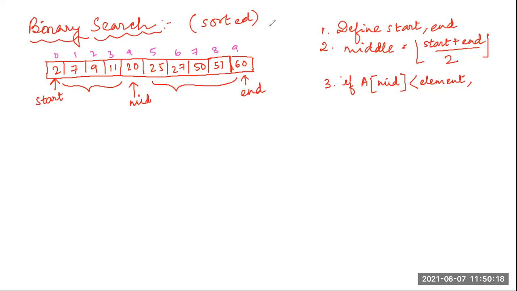So each and every time my searching is halved. Halved means half of the elements I do not have to look for in my searching process. Okay, so the concept is, if the element I have at this mid position is lesser than the element I am searching for, I am searching for 52, 20 is lesser than 52, then I will search in the right part of 52.